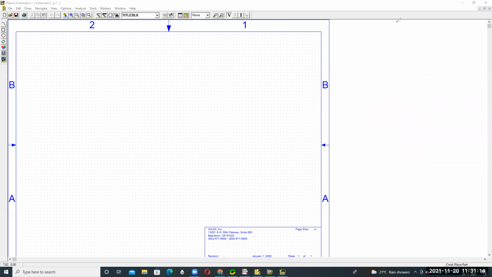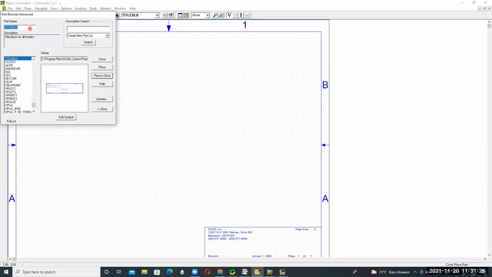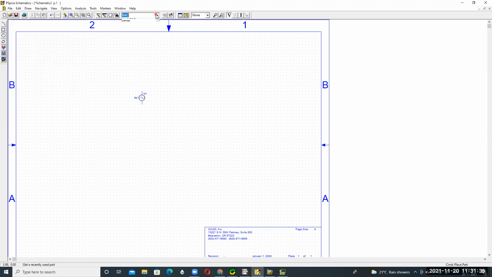Here I'm taking the values. VAC from the PSpice library. Place VAC here, and then take the resistor and the capacitor also.